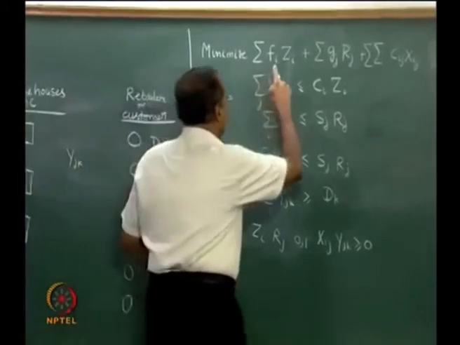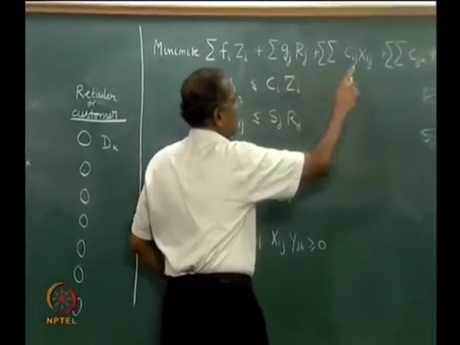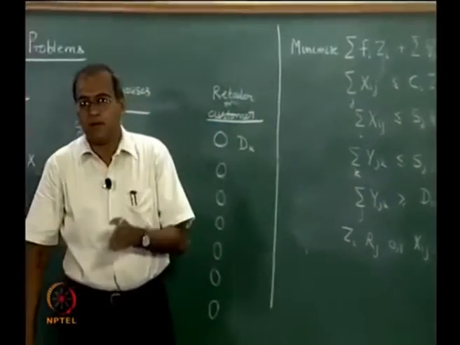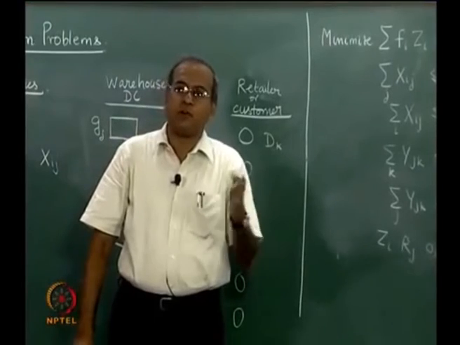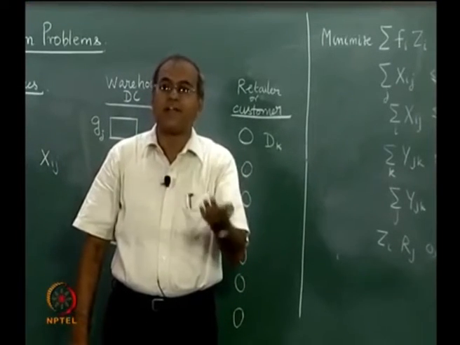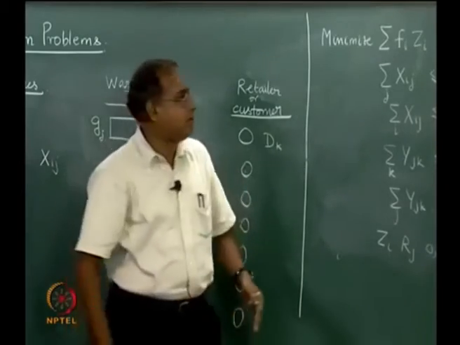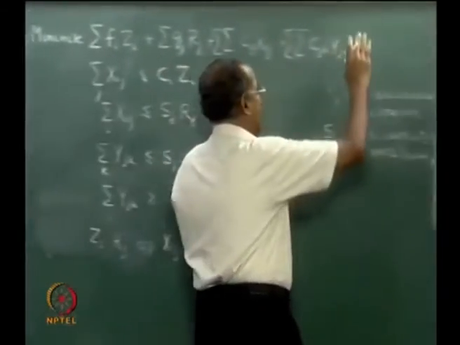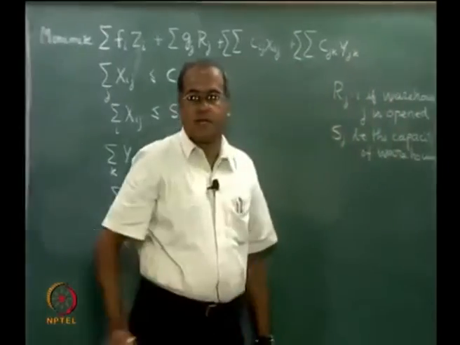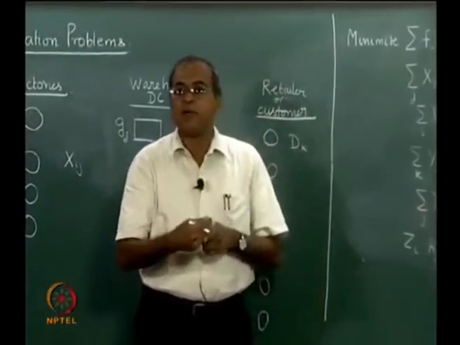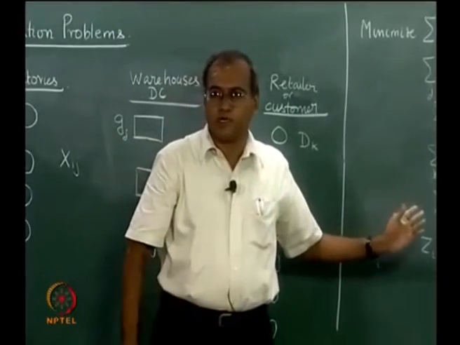Right now, the costs are the cost of location and the cost of distribution. Sometimes when we consider multi-period problems, we could even look at the cost of holding inventory and the cost of not meeting the demand in that period. So, we could add terms for inventory cost as well as shortage or back order cost if we consider multiple time periods in this formulation.